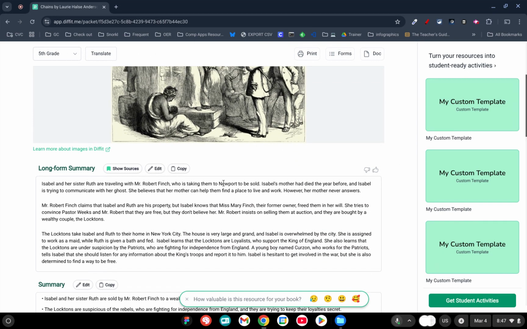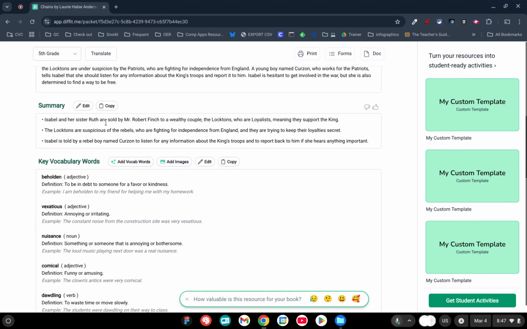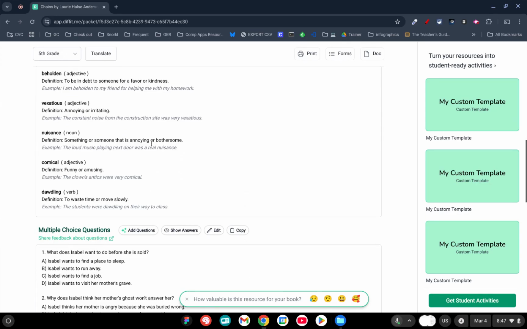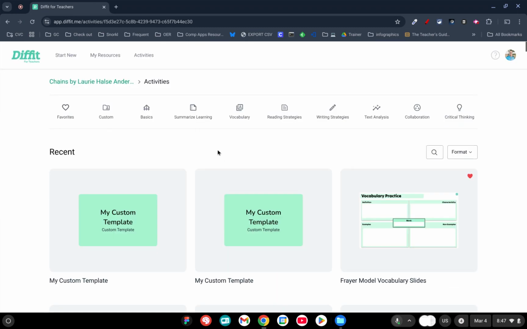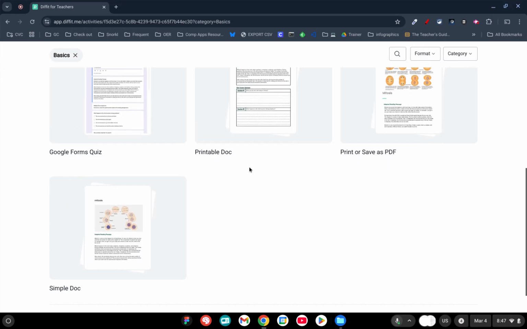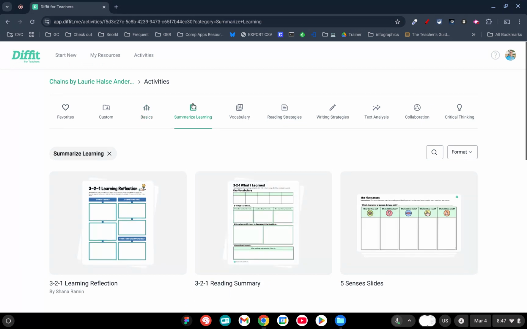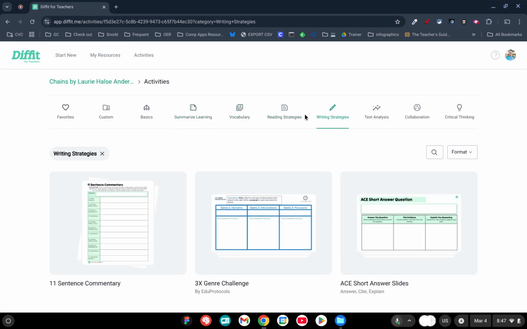So here's our long form summary. Here's our short form summary and some vocabulary words. Remember, I can always add more in there. I'm going to go to Get Student Activities. And there's a variety of things that I can do right here. One thing that I really like is